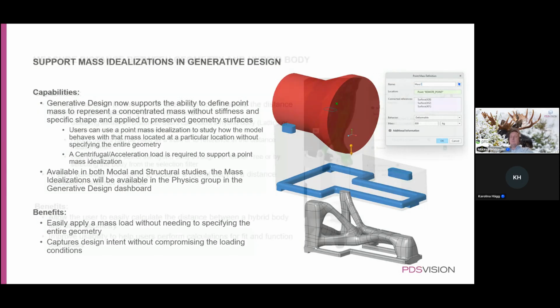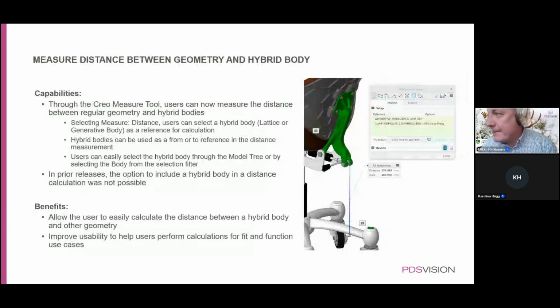Then the last one, the last slide as well. Now it's also possible to measure between the geometry and a hybrid body. When you create geometry with geometrical topology optimization, you are creating a so-called hybrid body, which is not a surface and not a solid, it's something in between. Let's put it like that. If you try with Creo 9 or Creo 7 to measure the distance between the hybrid body and a real body, you can't really make them act in the same measurement dialog. And now we can make them coexist. So selection of those hybrid bodies is nowadays possible,